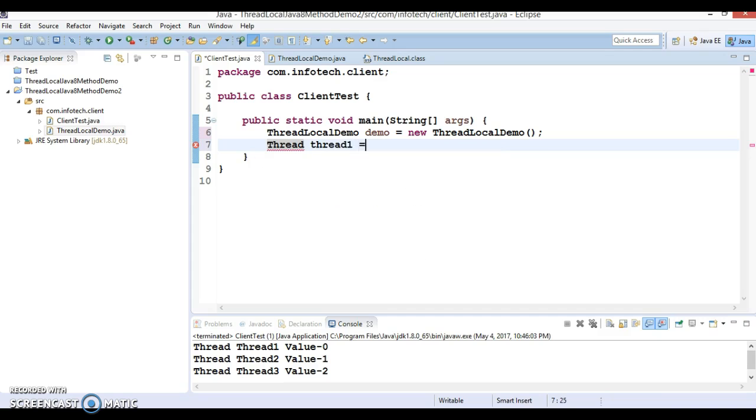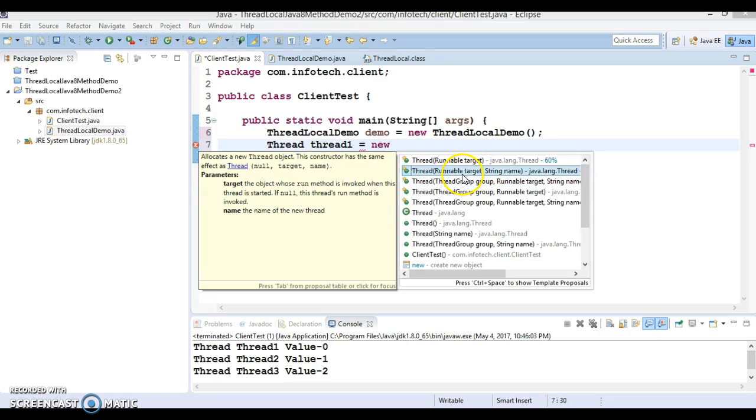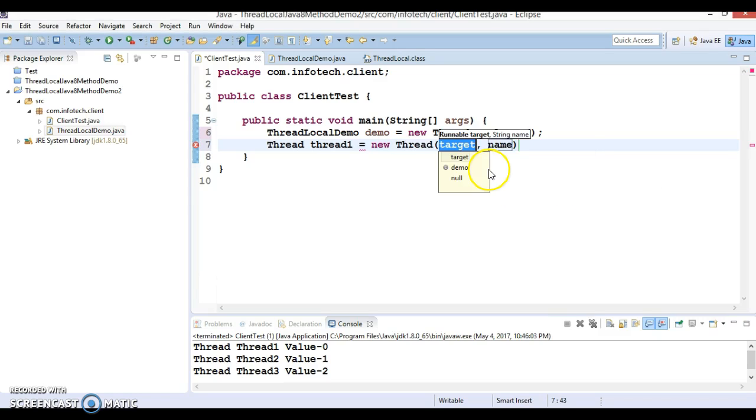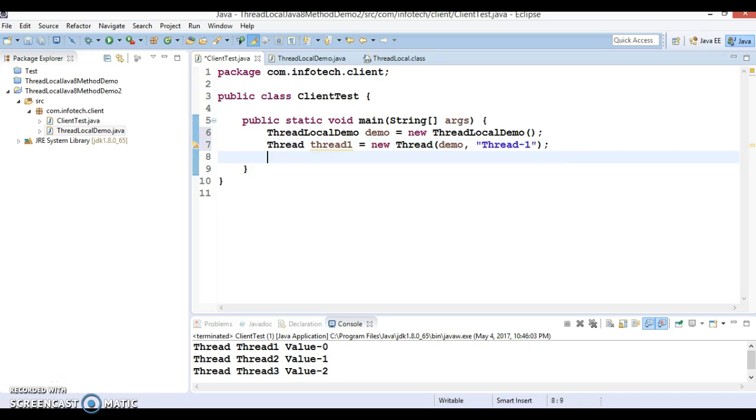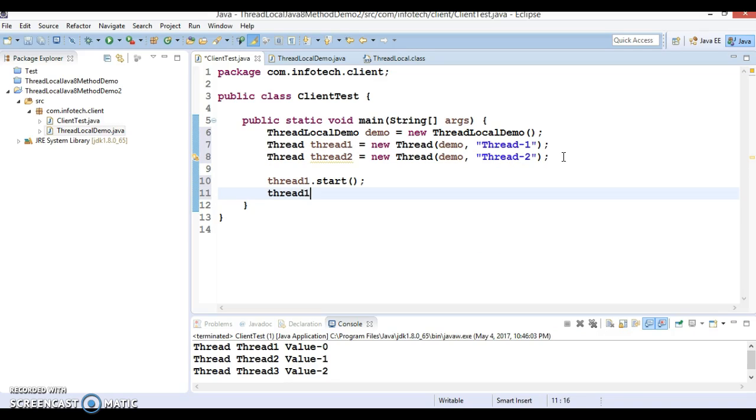Let's say thread 1, and new, I'm going to use the constructor which takes the first argument as a runnable and the second argument as the thread name itself. The runnable object we already have, demo, and let's say this thread name is thread 1. Let's create one more thread object, thread 2, and let's start these two threads. We have a start method, and thread 2 I'm going to start again.